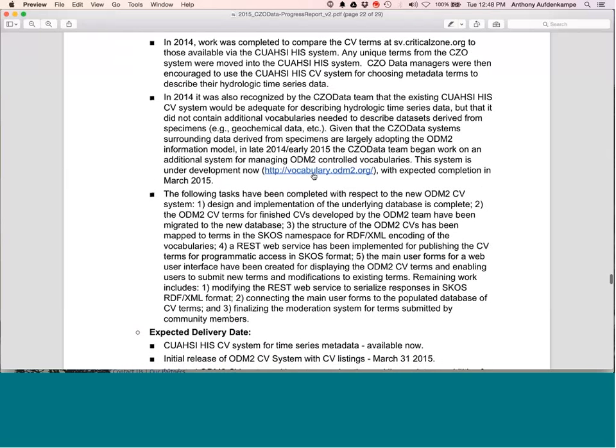The main exciting thing is that there's now a new system called vocabulary.odm2.org with web services around these new vocabularies. You can all go to it right now. It's not quite fully complete, but it's complete enough that you can get a really good flavor of how it works. What's exciting is that it's both human browsable, so you can just go look for a term list, but it also works on all the kind of machine-to-machine language systems,